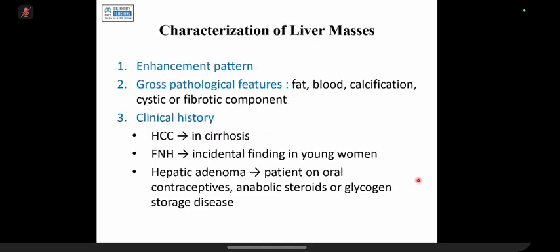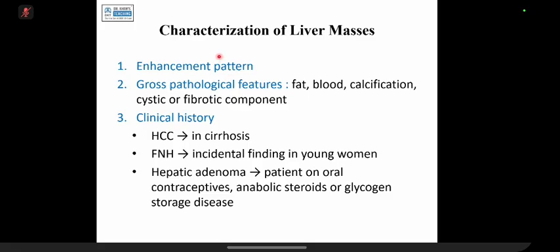This is a key slide. Take a picture. What is the concept of what we call characterizing a focal lesion? Enhancement pattern. This is what I'm going to teach you, and this is what they are going to give you cases in the exam. Enhancement pattern. So various lesions have got various kinds of enhancement pattern, and sometimes the background of pathology